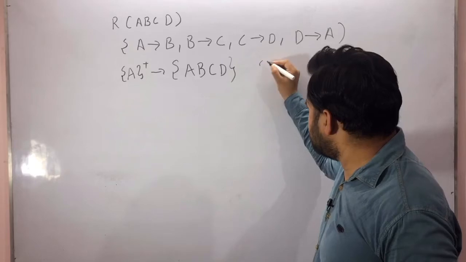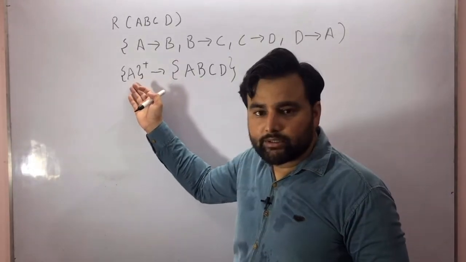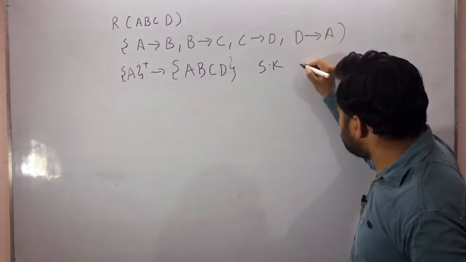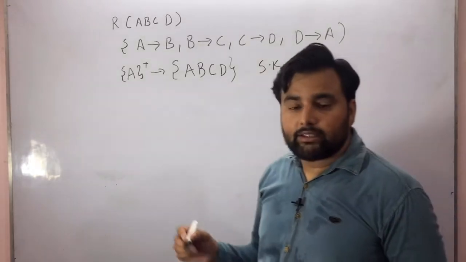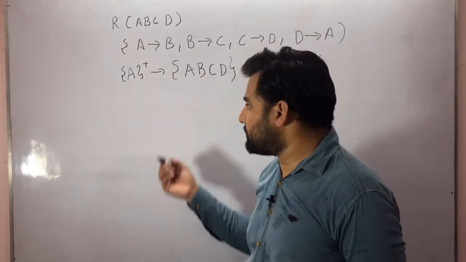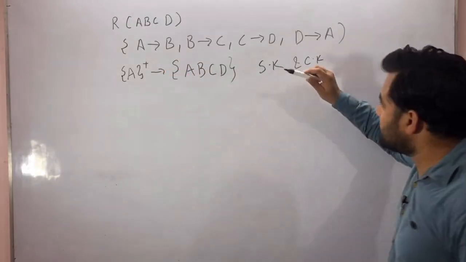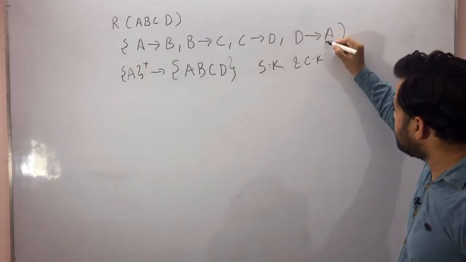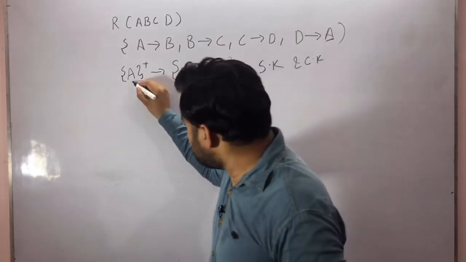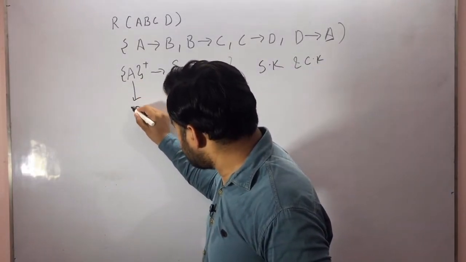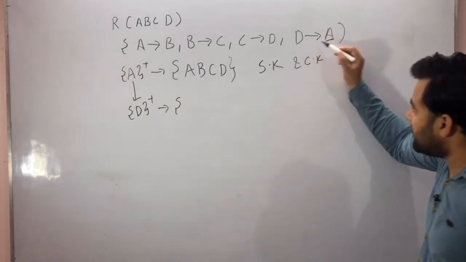So this is a super key. Because this is a single attribute, this is also a candidate key. Now let's find out whether another candidate key is available. We'll see A is determined by what attributes. On the right hand side we'll find A. So A is determined by D. So what is the meaning? I will check for D. This D should be a candidate key. So let's find out. From D I'm going to A.